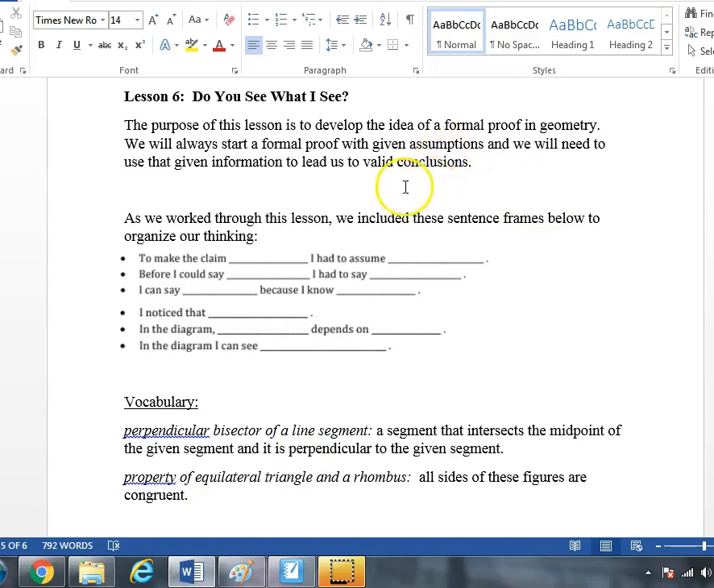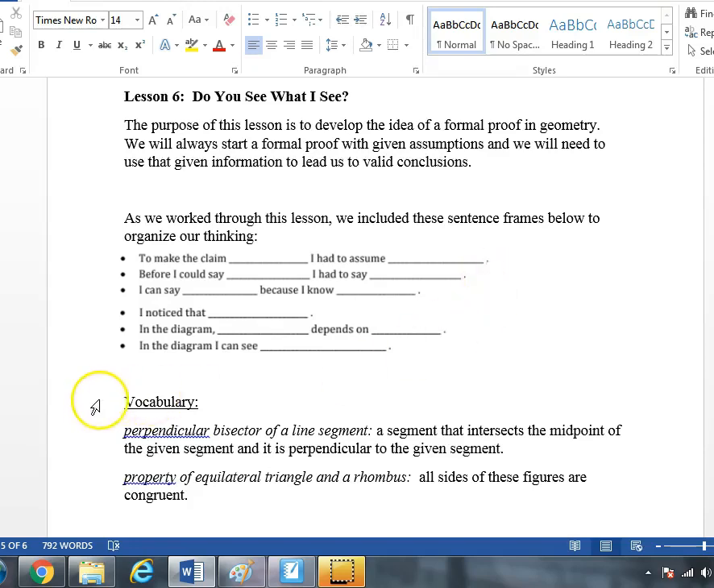us to valid conclusions. So as we work through the lesson in the class, we did include some sentence frames in our notebook so that we could organize our thinking as we worked through the lesson. So please make sure you have these written down. We're going to use these a few examples. To make the claim blank, I had to assume blank. So for each statement that we made in class, we did back it up with a reason that that statement